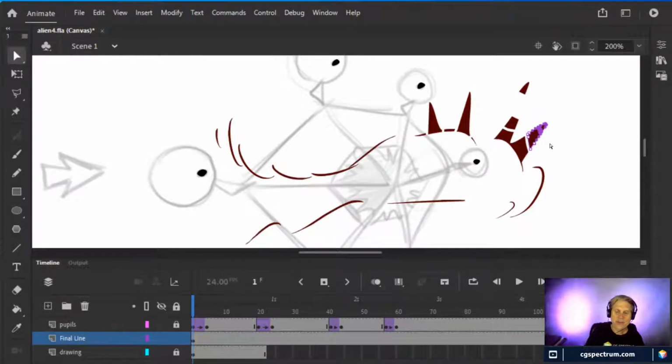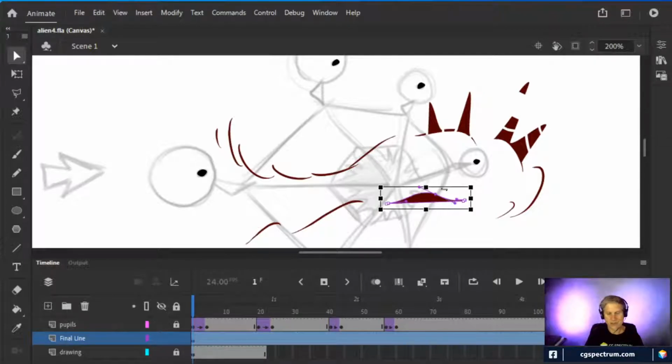So that's why, just for my purposes, I use this for cleanup, or I used to. I don't even use it for cleanup anymore. I use Toon Boom now when I'm doing my cleanup passes, because it's just easier to stay in one program. So I draw it in rough in Toon Boom, and then I go in and clean it up in Toon Boom as well.